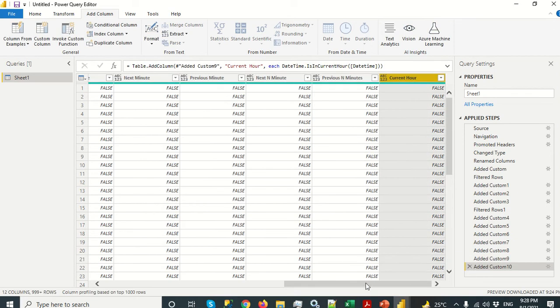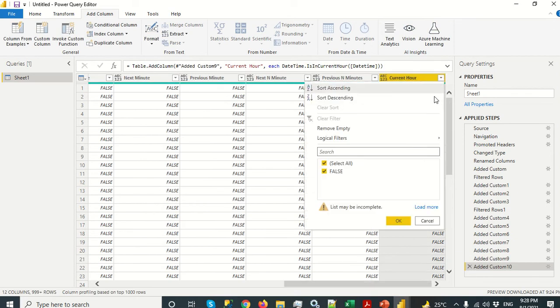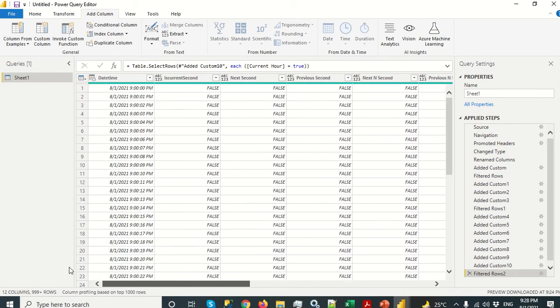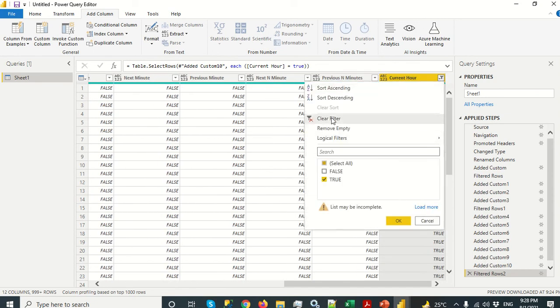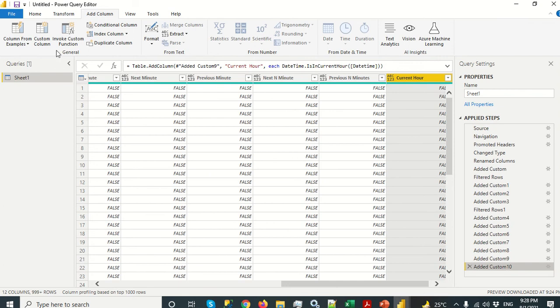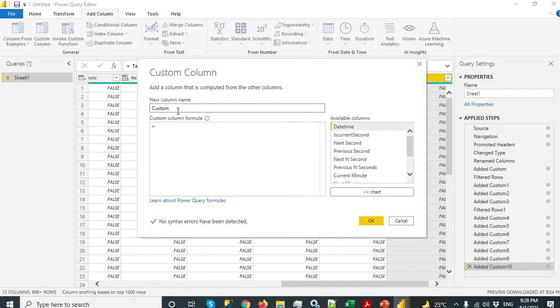Let's press OK and see, do we get any yes? Load the complete list, we have a yes, and we can see IsInCurrentHour. Based on the current hour, this is the hour which is running, and it is giving yes. Let's remove the filter, because if we don't clear the filter, we may end up getting wrong answers for the next one which we are going to create, next hour.